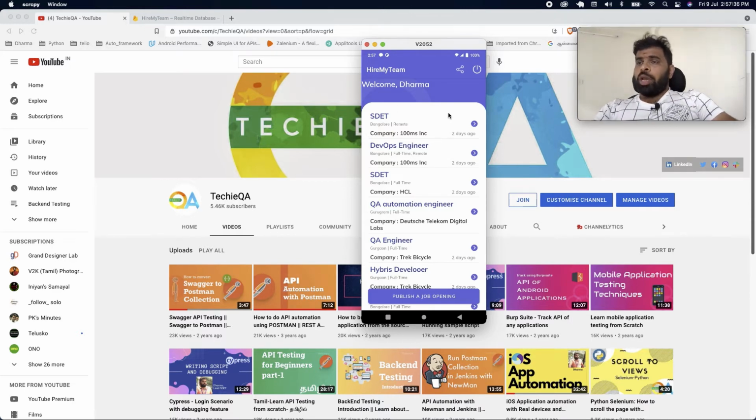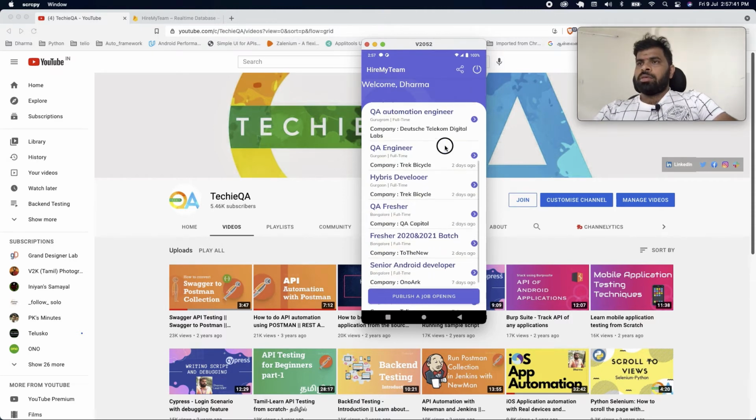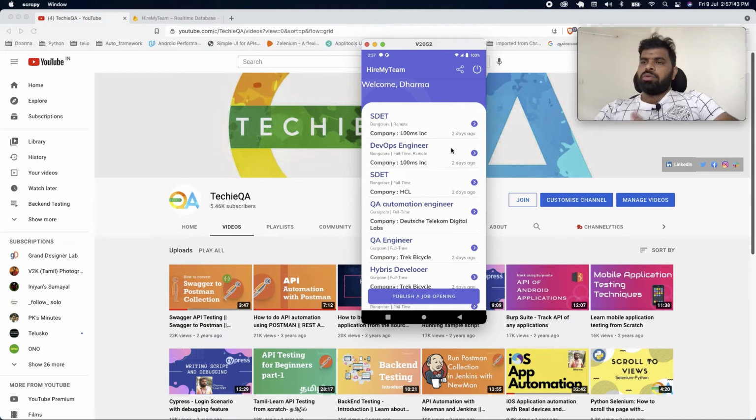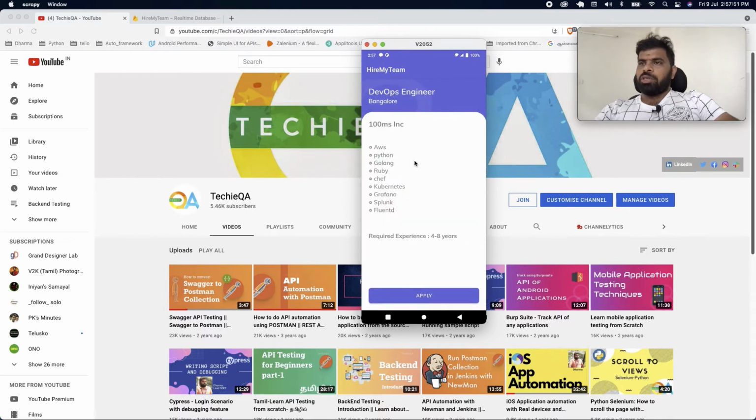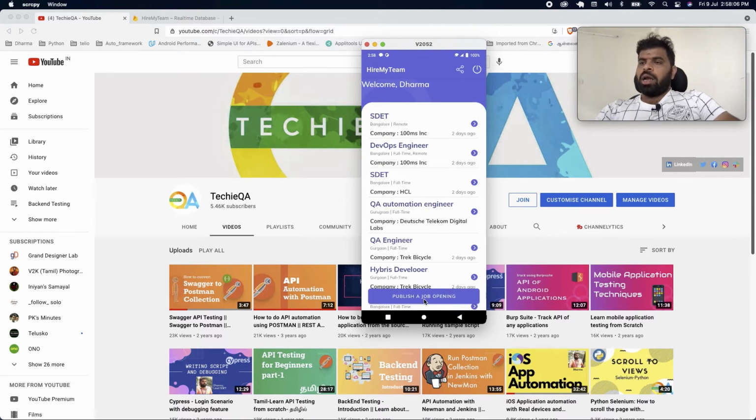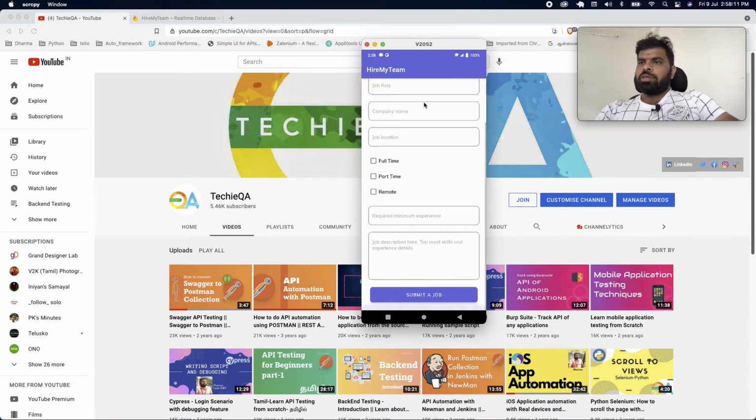You can log in here. Once you log in, you can see the screen. There are two options. One is that you can just see the job details and apply, for example, DevOps engineer. These are the skill set and required experience. You can apply here and they will get a mail. The employees who posted the job here will get a mail about the job openings. And if you logged in with your corporate email, you can post a job just by entering it.